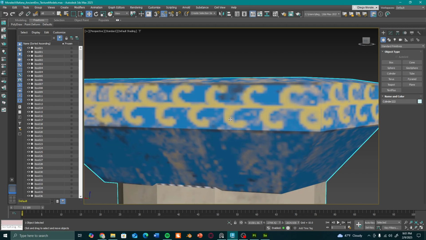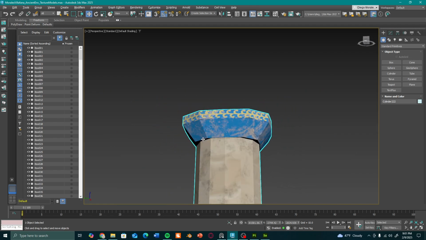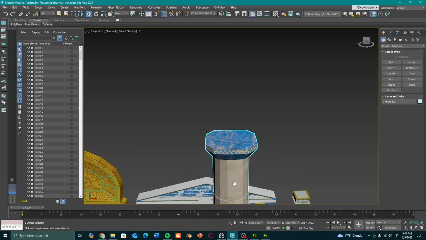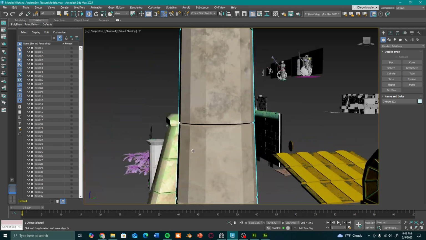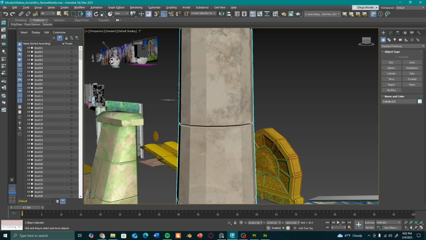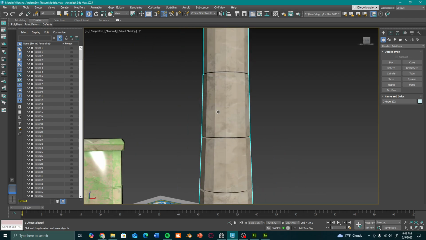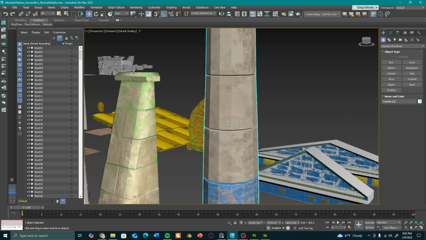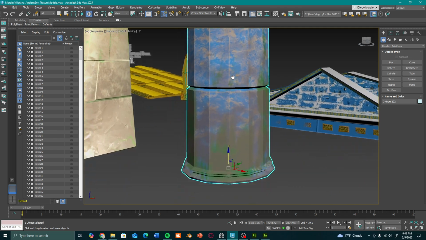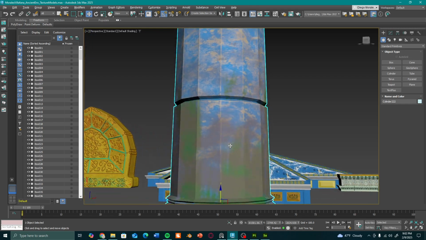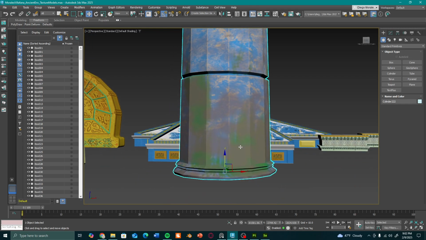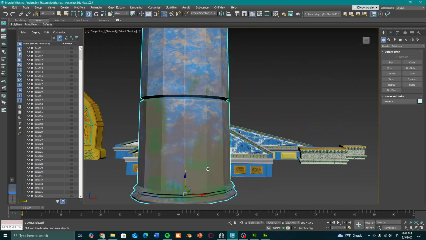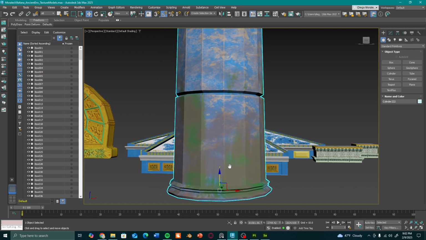This is the top. It has a little bit of yellow gold, more or less, on the top. Some dirt. This is supposed to be like paint, the blue. Then this is the main stone structure, more or less. It has dirt, grunge, and then stylized stone, and I changed all the parameters, and then paint on the bottom with some dirt and a little bit of green that's supposed to be moss, and not as much because this is gonna be like